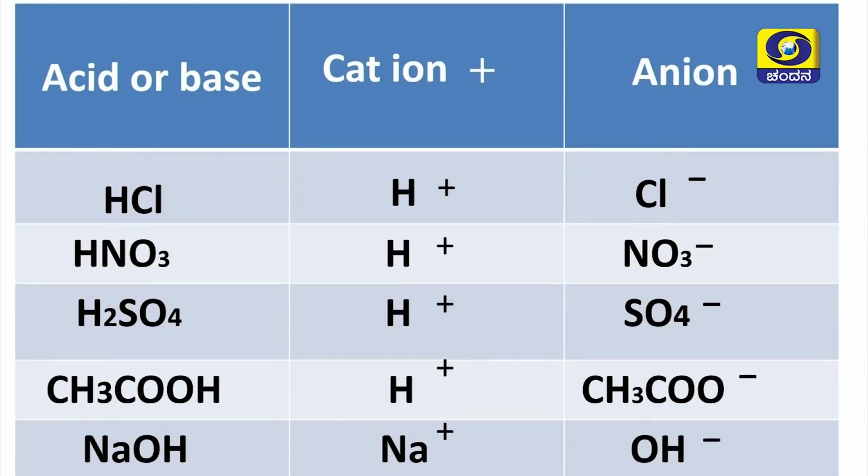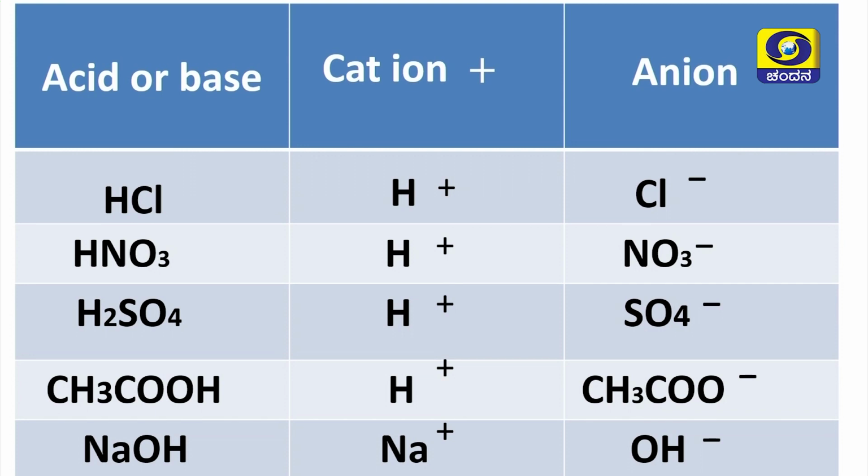So, take for example, hydrochloric acid. When you take hydrochloric acid, it is having cation, that is positively charged ion H+. Here cation is H+, anion is Cl-. When nitric acid, that is HNO3, dissolves in water, it liberates cations as hydrogen and anions as NO3- ions. When you come to the sulfuric acid, it also produces H+ ions and sulfate ions, that is SO4 ions are going to be formed. This one, in acetic acid CH3COOH, when it is dissolved in the water, it forms H+ ions and CH3COO- ion is going to form.